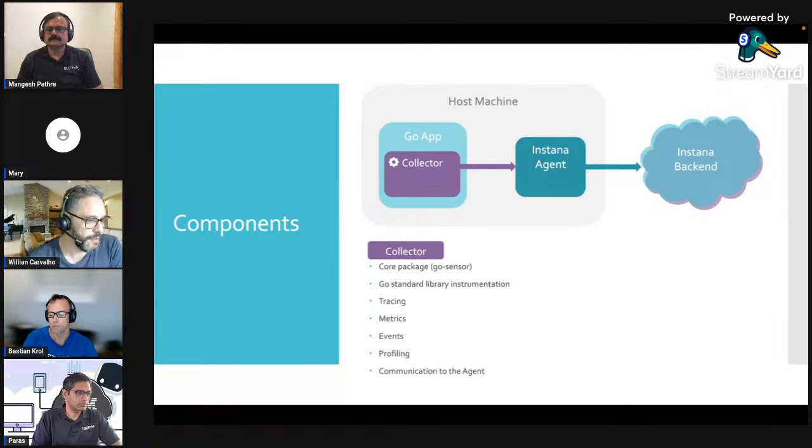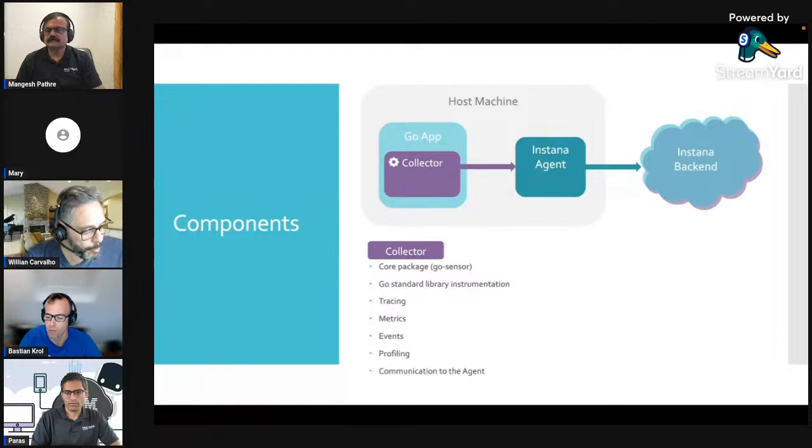So what we do is we have the collector inside the Go application. You need to install this, import it into your project, and initialize the collector, which is the main part of the Go Tracer. The collector is going to be connected to the Instana agent. So the collector sends data to the agent, and then the agent at some point will send this data to the backend. The backend will at some point stitch together a bunch of information, not only about your application, but also any databases or cloud services that you're connecting to, and then everything is going to be displayed together in the UI.